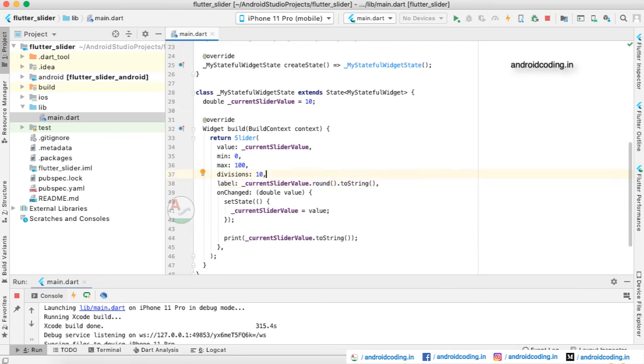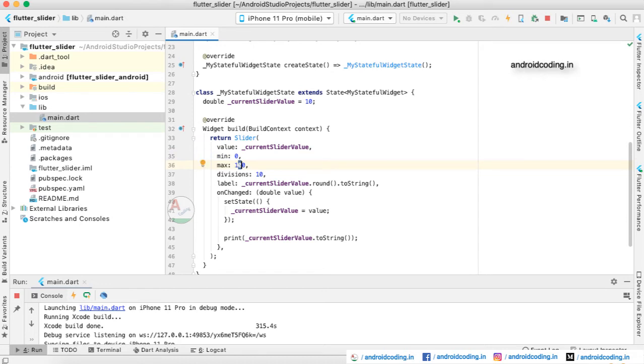But sometimes in scenarios, for example, you want to increase the brightness of the screen, in this particular scenario providing one division is not a better option. So there we provide a max of 10, like in this particular example we have provided 10 divisions, right? So the user will be having a choice of 10 choices under the 0 to 100 range.